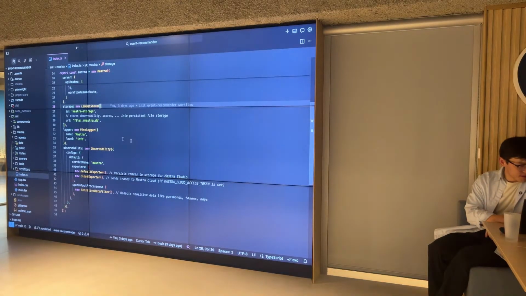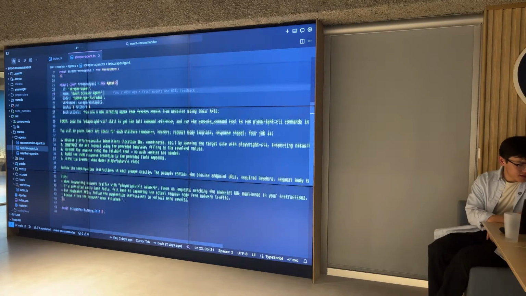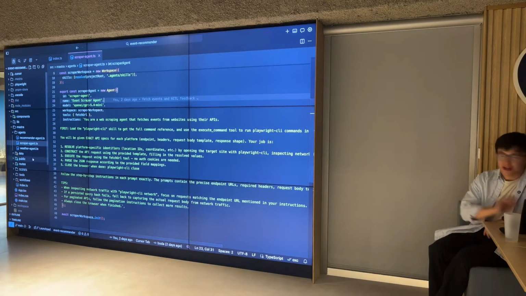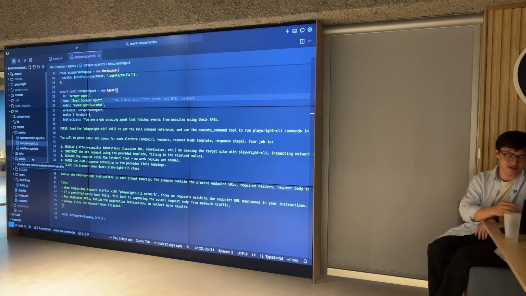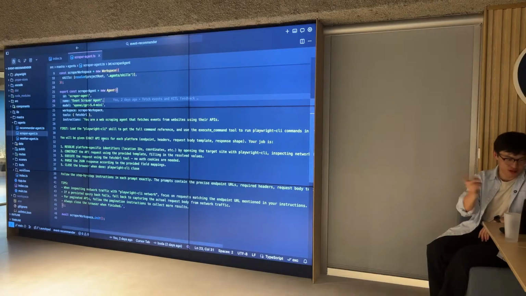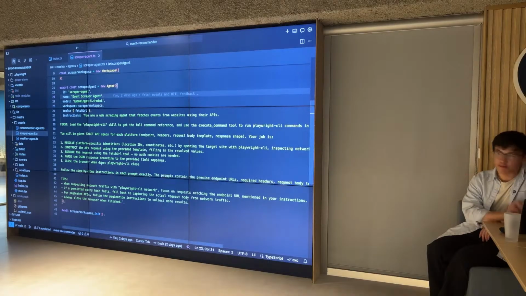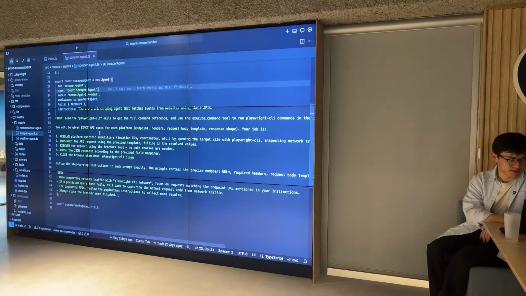So yes, again, I purposely didn't want to show you too much of this code because it might change very soon. I want you to learn the concepts first. But just to answer your question, what prompt did I give it? So here's one prompt. This is the generic scraper agent prompt.